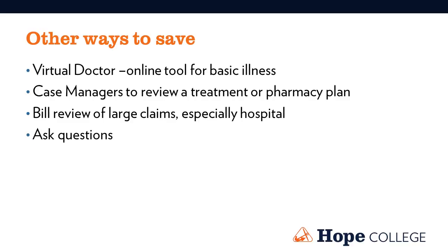Other ways to save, if you recall, last year we introduced Virtual Doctor, an online tool. So again, it's the weekend and your child has a rash. They were playing outside. You can log into the Virtual Doctor, and for $10, the doctor using Skype will look at your child's arm or leg and take a look at the rash. If it's a common rash, the doctor might say it's poison ivy. Simply go to the drugstore and buy some oatmeal bath or some calamine for the itching, and that's the only